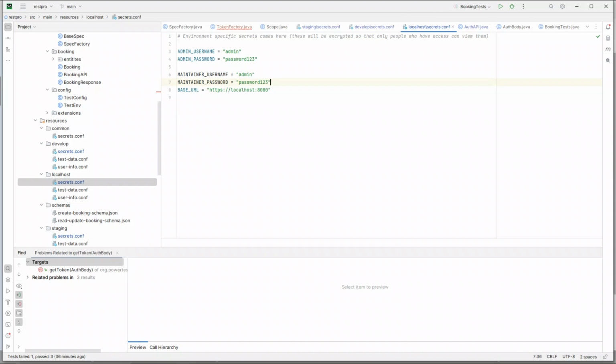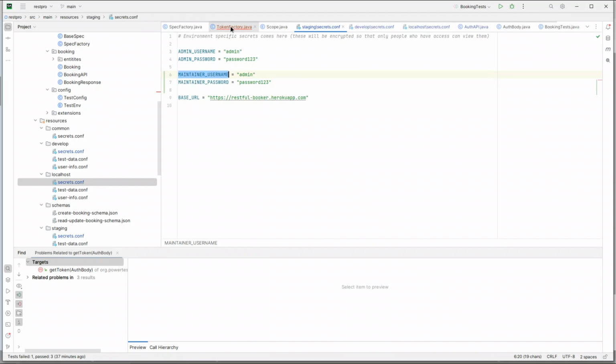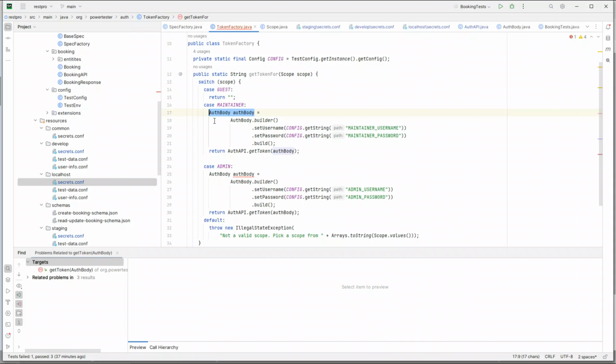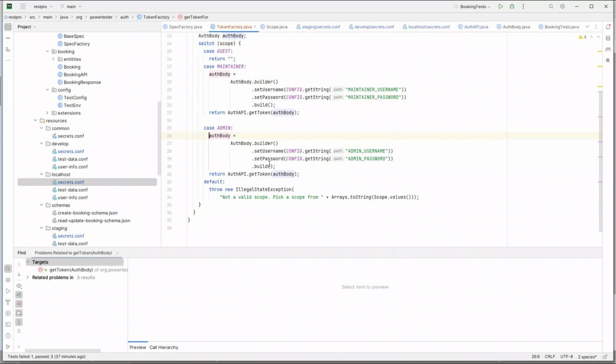Cool. So with this done, let me go back. Maintainer username and maintainer password. So this is what I need to provide in a maintainer username and maintainer password. And in fact, we can specify the auth body at the method level. So actually I can say auth body, and then we have an auth body, and in fact these method calls are the same, so I could say return auth API